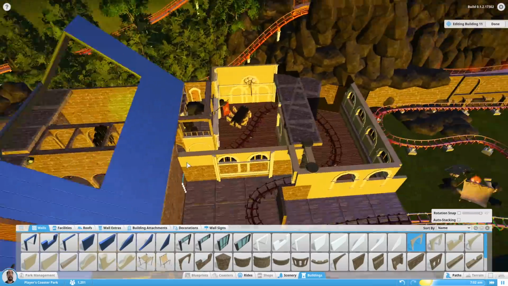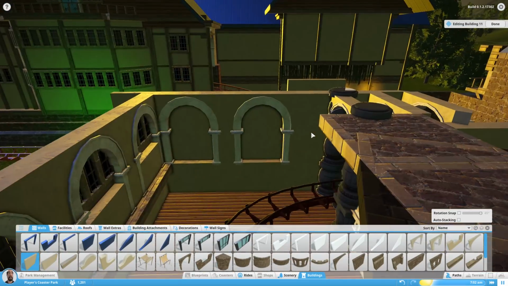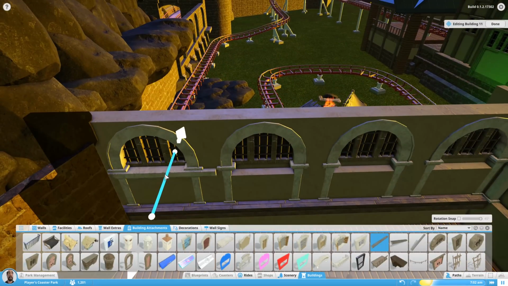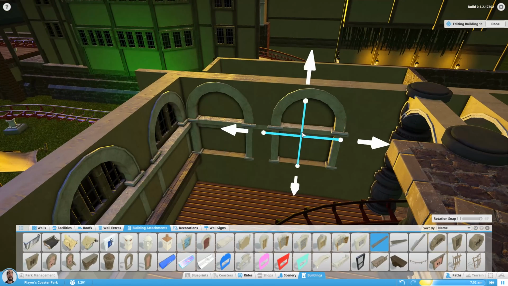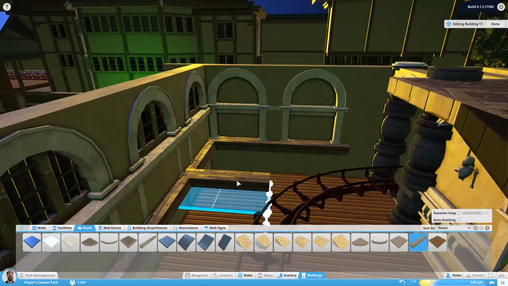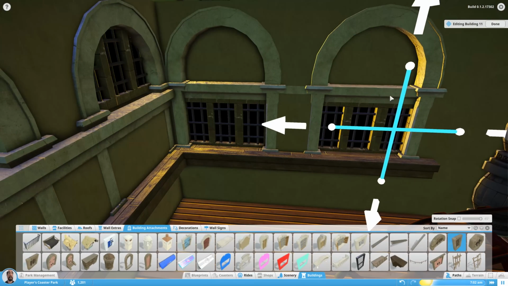Welcome back to part 8 of my Let's Build Haunted House Dark Ride using Planet Coaster. And in this episode, I finish off more of the house. Well, I more or less finish the house. I go on to the garden, or more importantly, the catacombs, mausoleum, crypt, graveyard area that exits back onto the